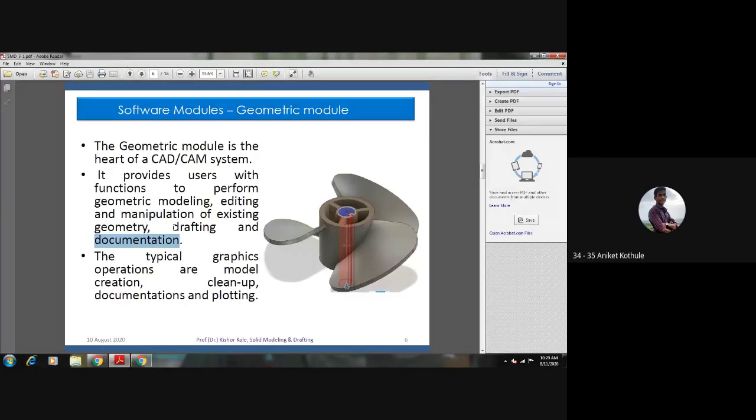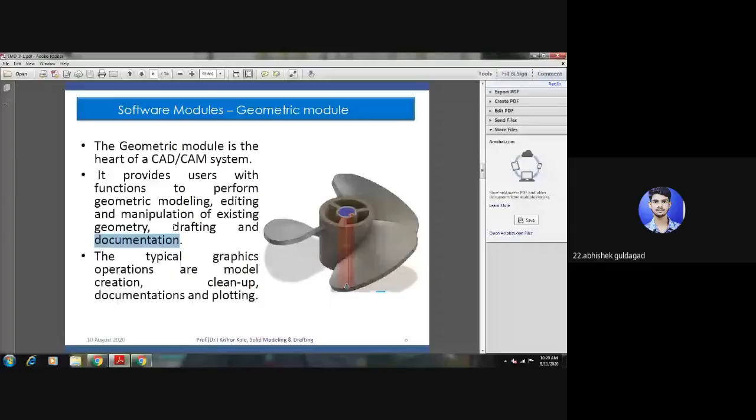All the information other than the drawing would be saved as documentation in that particular file. That is called documentation. I hope you have understood now what is the role of the geometric module.